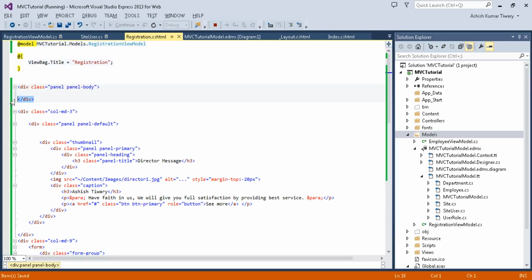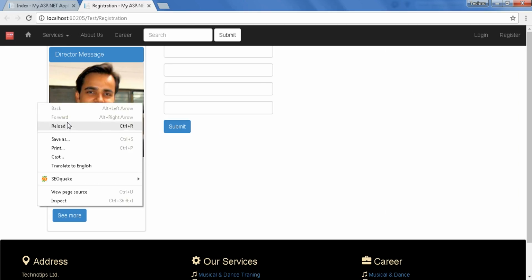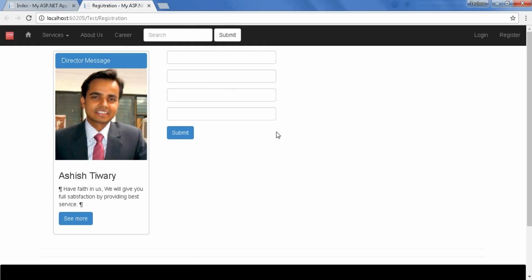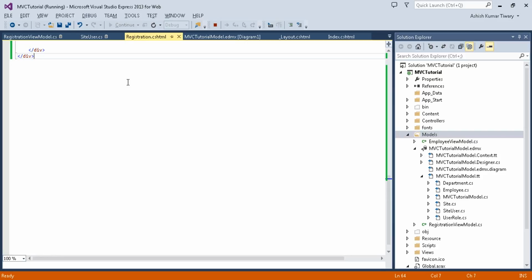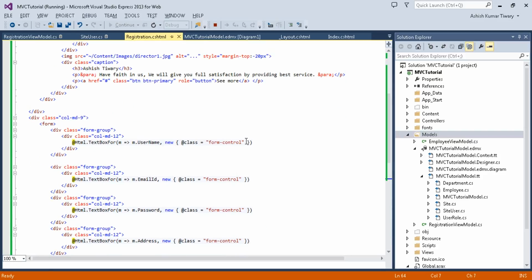Okay, and let's do Control X, Control V. Save it, and now refresh this. So here you find your registration page, and now the one thing you need to add is